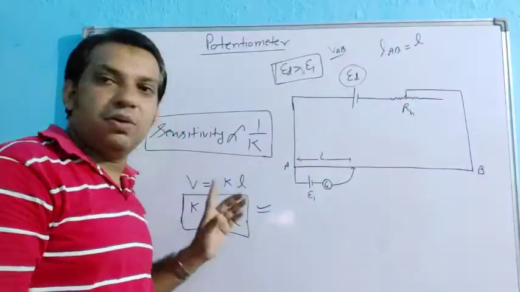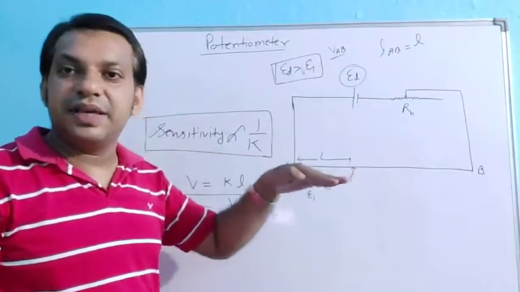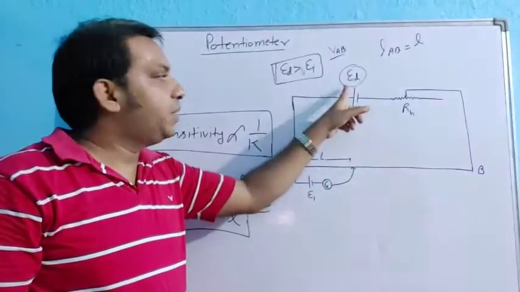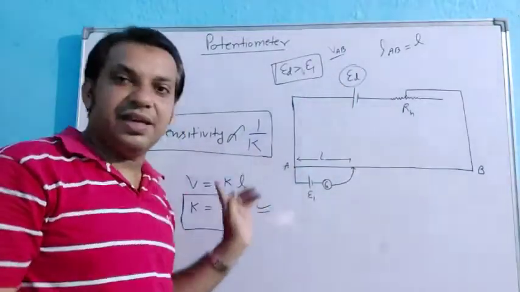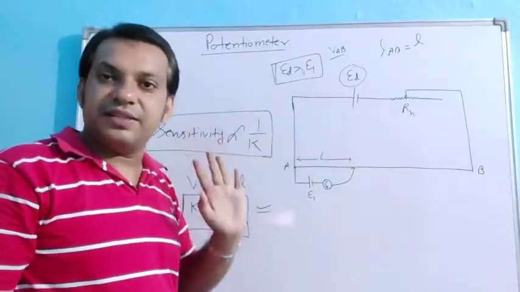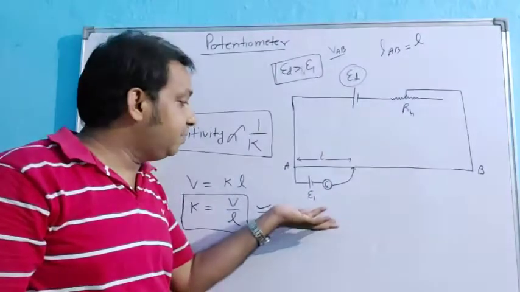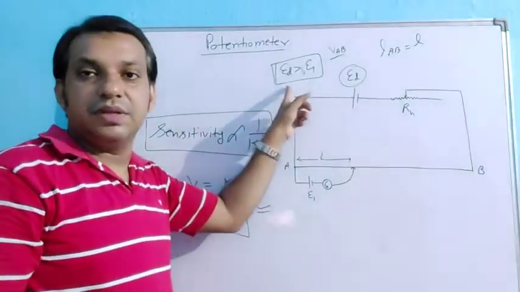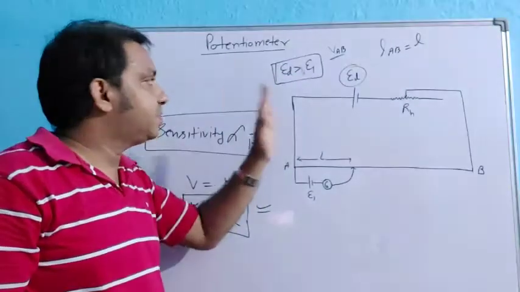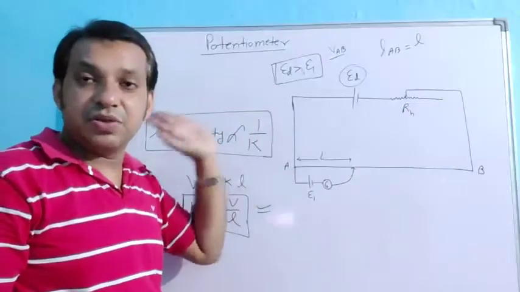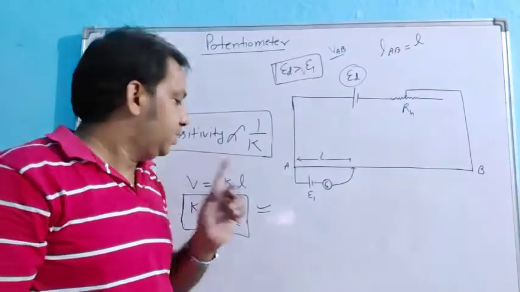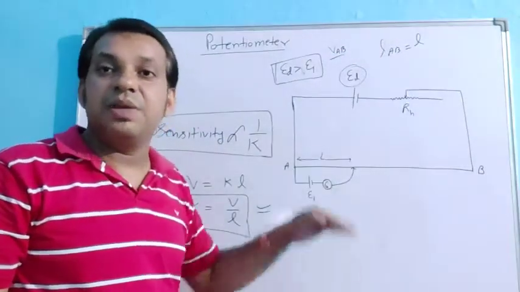So इस V को हम एक certain limit से minimize नहीं कर सकते, because if we minimize this V, automatically this ED will decrease. So if ED is decreasing, then there is a chance that E1 is greater than ED, which is not possible. ED should always be greater than E1. It's a basic principle, the main criterion for this potentiometer device: ED, the driver cell EMF, is always greater than E1. So V पे हमारे पास restriction है. We cannot minimize the value of V.